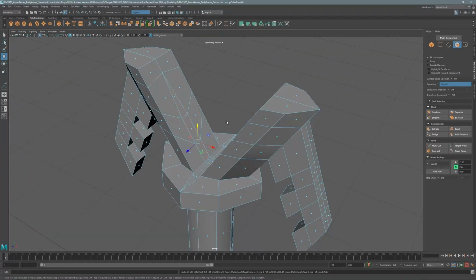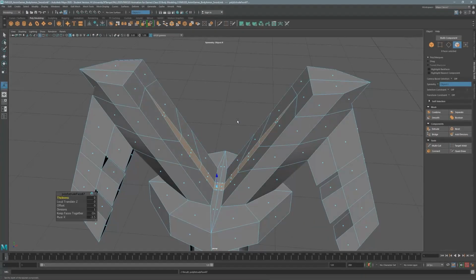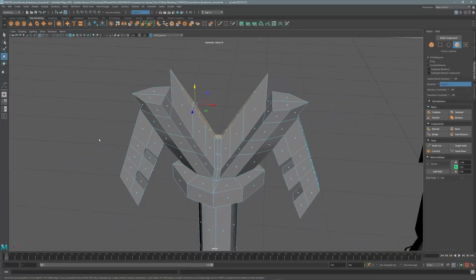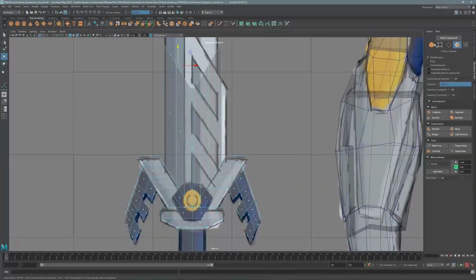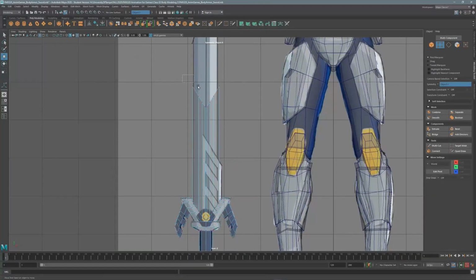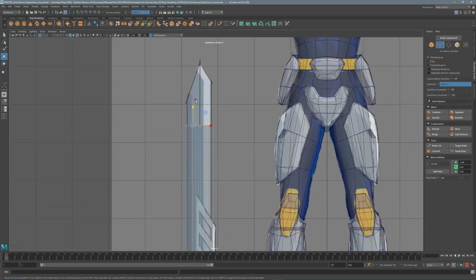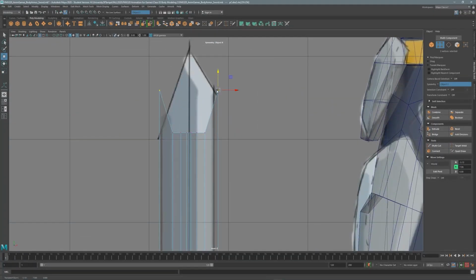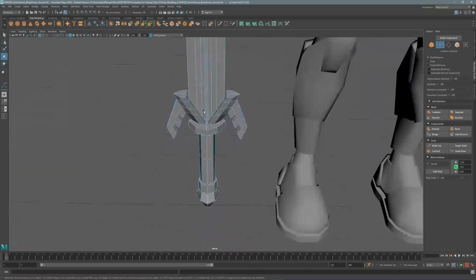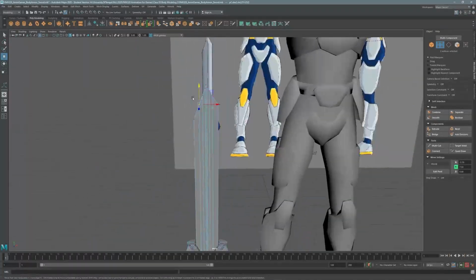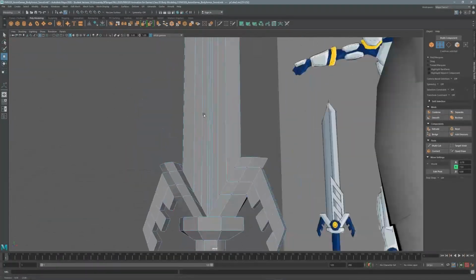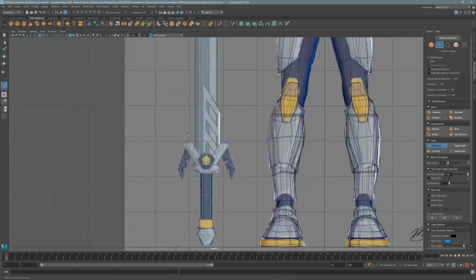So now I have this, and I'm going to select the faces, and extrude this. I'm going to extrude until I can flatten the point, and I'm going to put it in this area here. And now I'm going to reposition all the main vertices here to get the shape I have in my reference. So I have the basic shape of the sword, and now I have to create